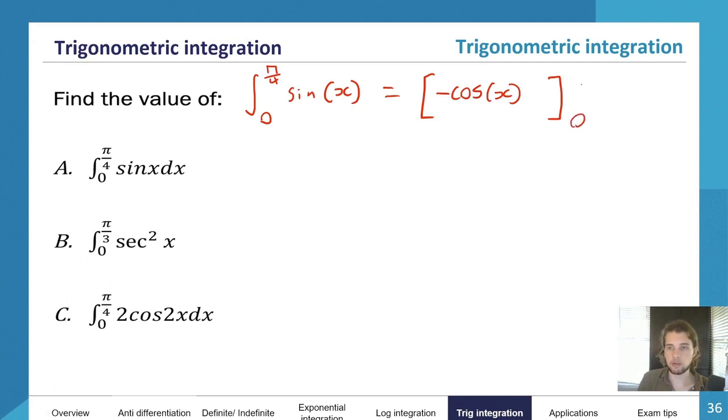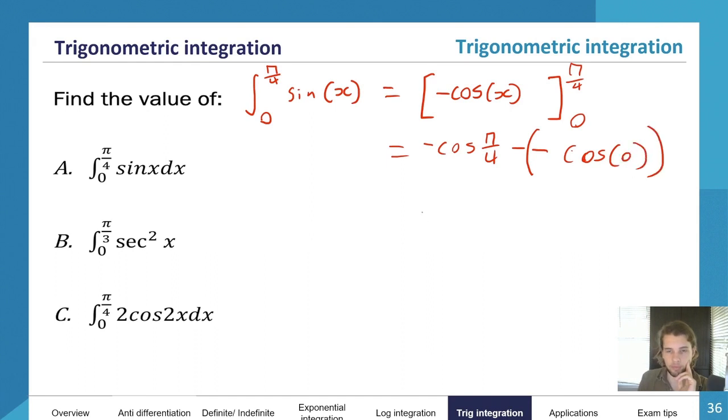We have our 0 and our pi on 4 at the front. So then we can just substitute in values. So we can say this is equal to negative cos pi on 4 minus, because remember we always put a minus with brackets out the front when we're substituting in the 0, cos 0. So that would be equal to